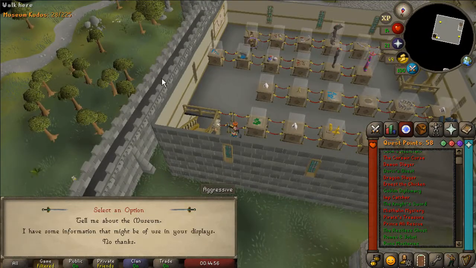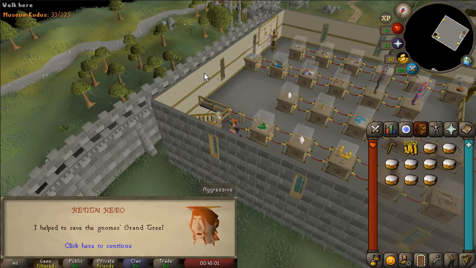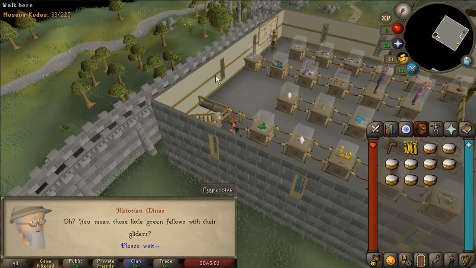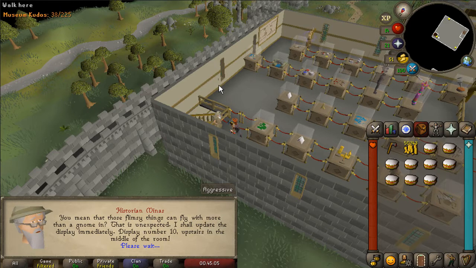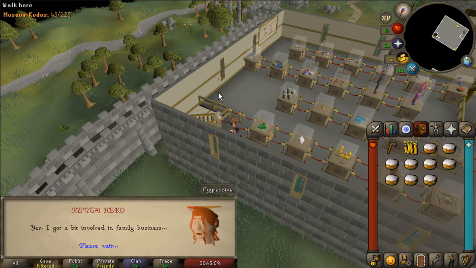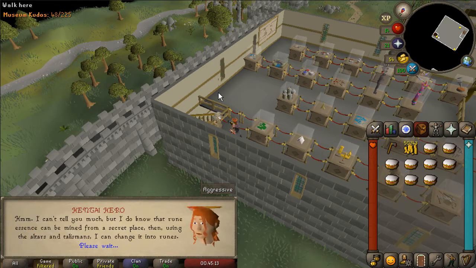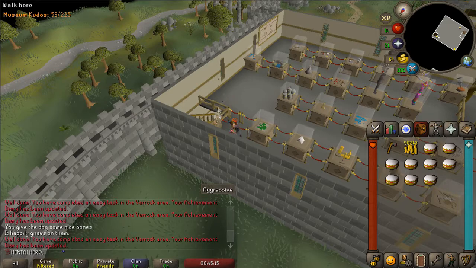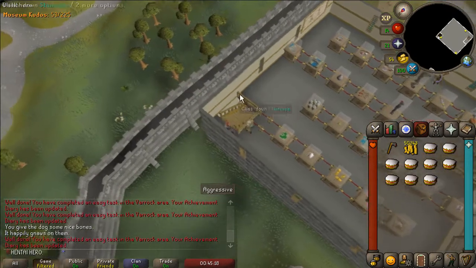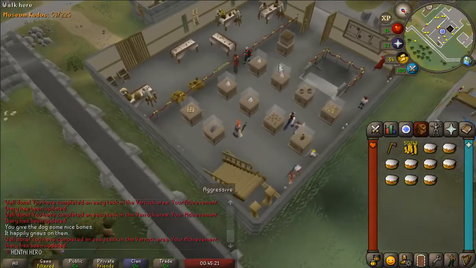Alright, let's take a look. I have some information that might be of your use. Observatory, Grand Tree, Mauritania. Okay, so I might actually have gone further than I thought. Alright, cool. I actually got 53, that's exactly as much as I do need. So let's just talk to the curator and...